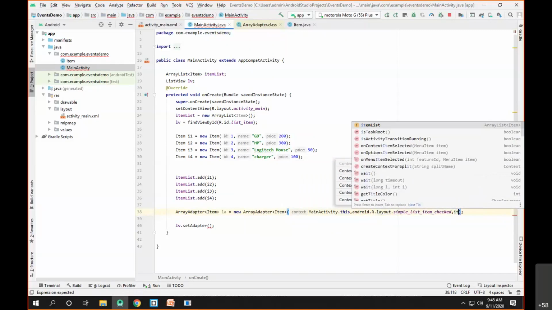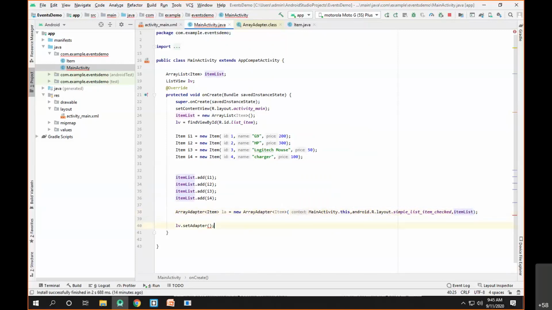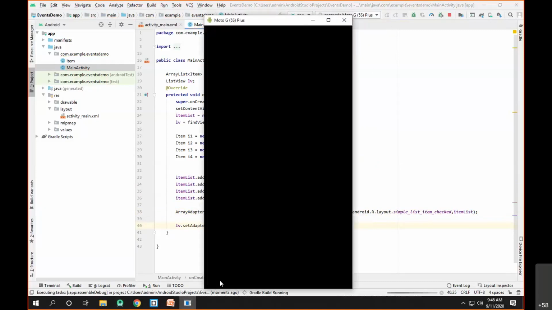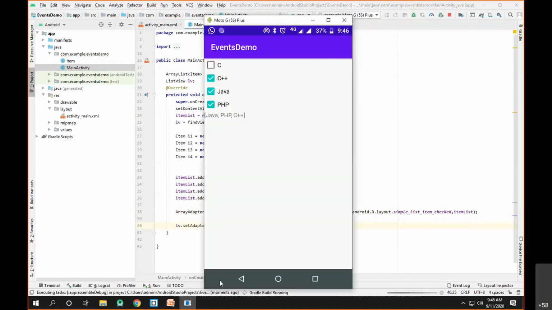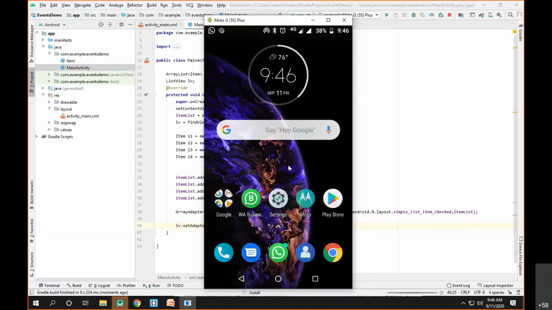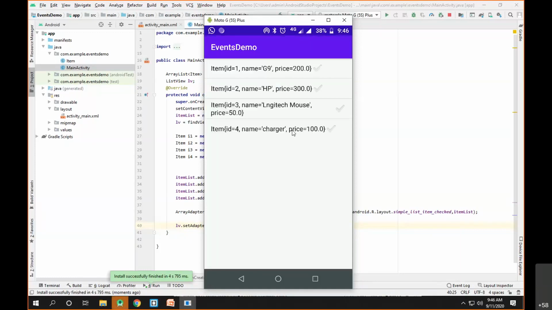So I can say on the item list, and I can set this particular array adapter to our list view. Now let's try to run the code and see what happens. Now, as you can see, it is basically displaying the items in terms of a checkbox list.